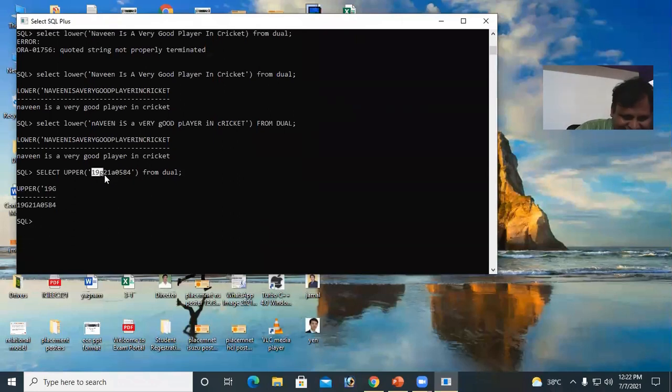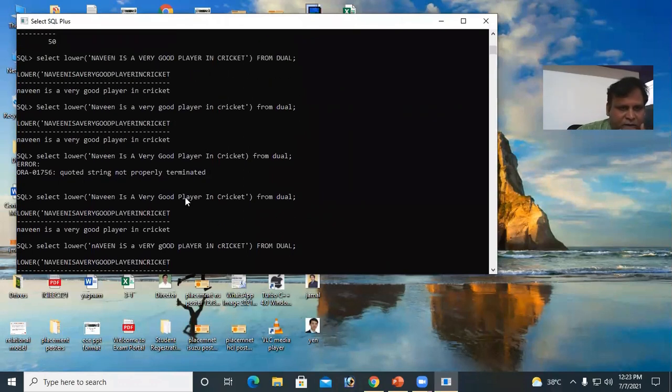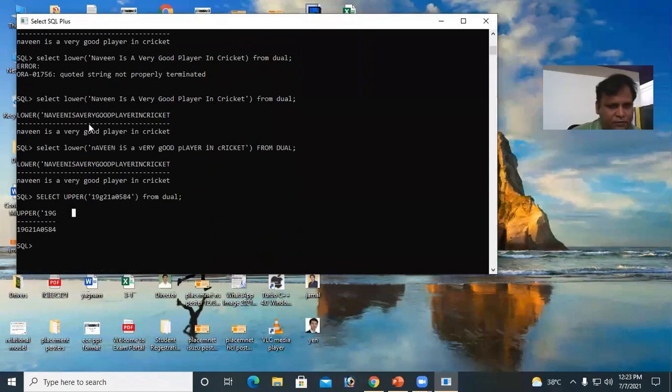This is the string. A string means a sequence of characters enclosed in single quotes, a combination of alphabets and digits also. We are converting to uppercase. Here there are 5 cases: title case, toggle case, uppercase, sentence case, like this. This is the lowercase. We are converting something.